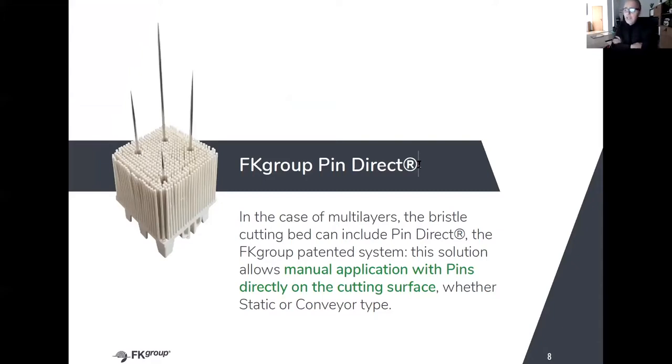And finally, we redeveloped a new patent for this. The name is pin direct or free pin. Why? Because there are no problems. You can put the pin in any position inside the bed of the cutting machine.